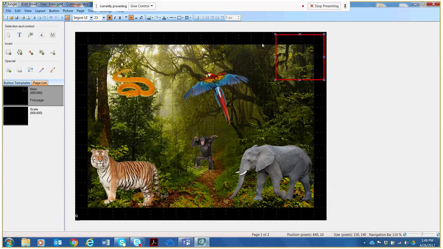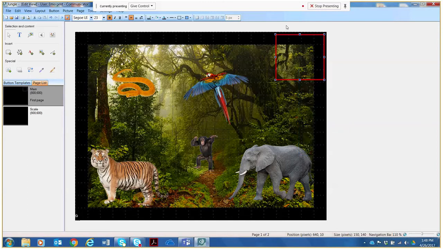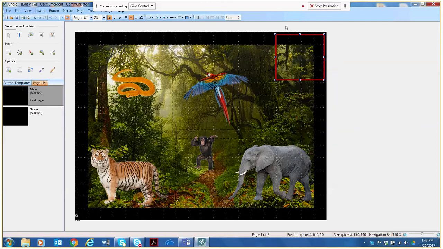So I've enlarged it, but right now you can tell that the X is in the back of our scene. If I right click on that or tap on it on my iSeries, it'll bring up a drop down menu where I can click down here on the bottom to bring it to the front. Let's see if I did that. There we go. So right now I've brought it to the front, but you still can barely see that X